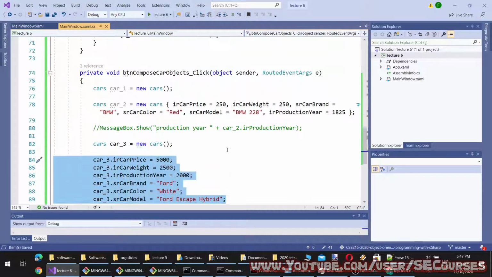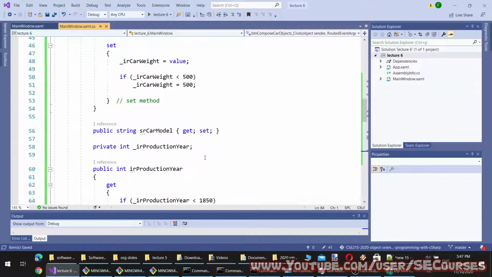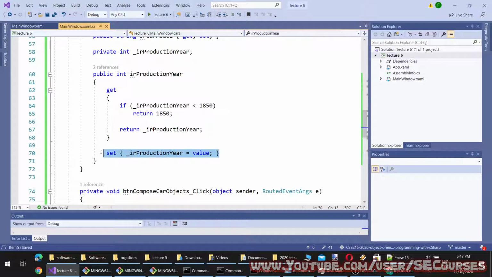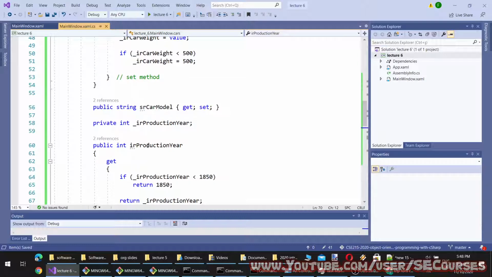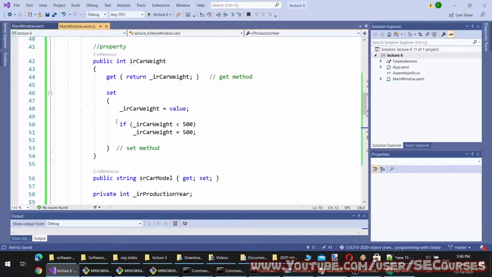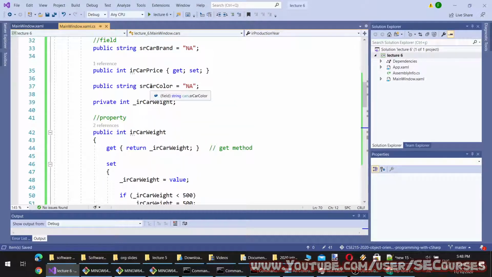Whenever I make an assignment, the set method will be called if it is defined as a property. So this is a property. You see this icon is in front of it, whereas this one, for example, is a field, so it is directly assigned.